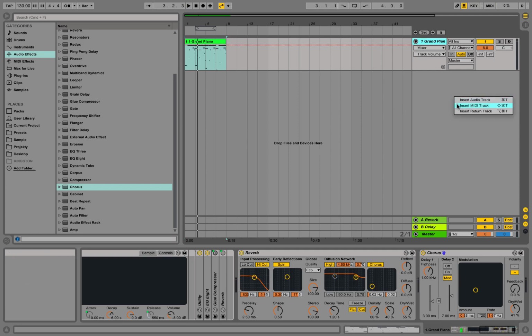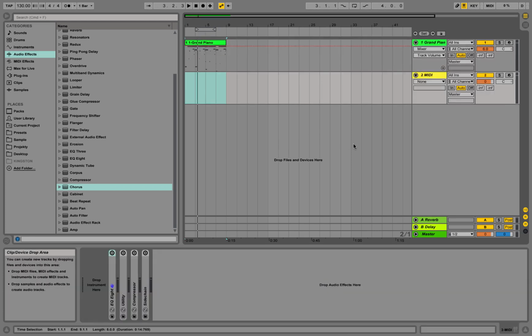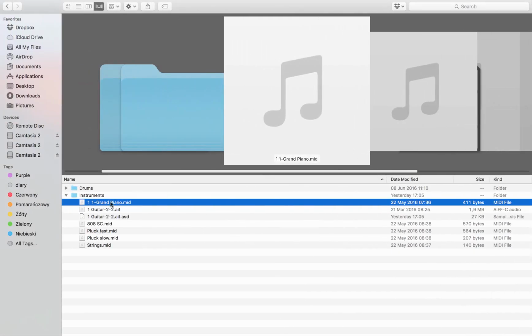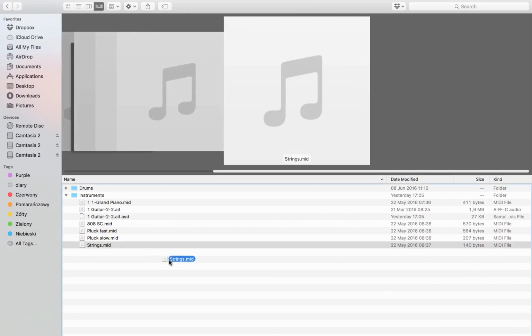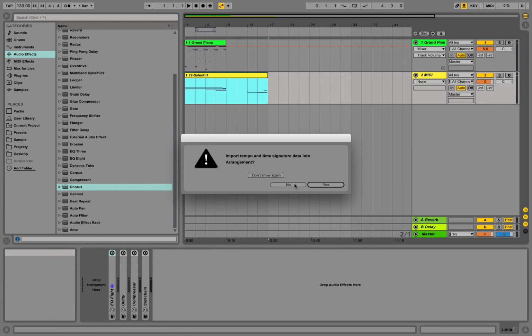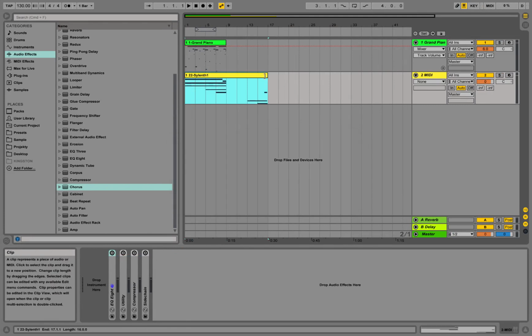Let's insert a new MIDI track, right click anywhere in this gray area, click insert MIDI track. Next thing, we will take a look at strings. Let's go into the folder, take strings, the MIDI file, drag it onto the track, don't load up the tempo, trim it,